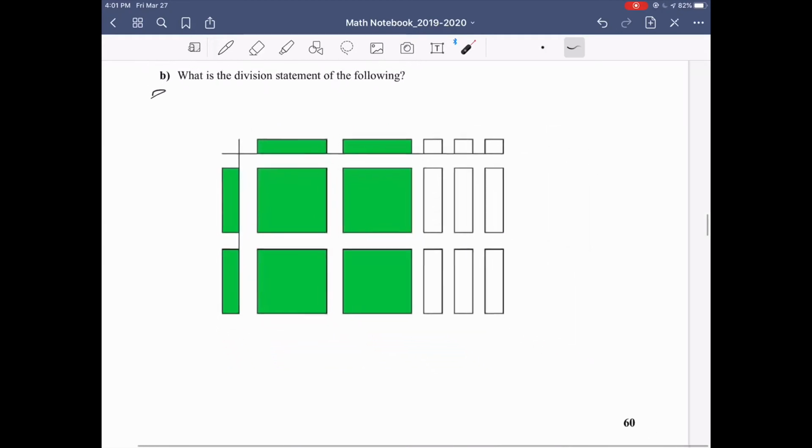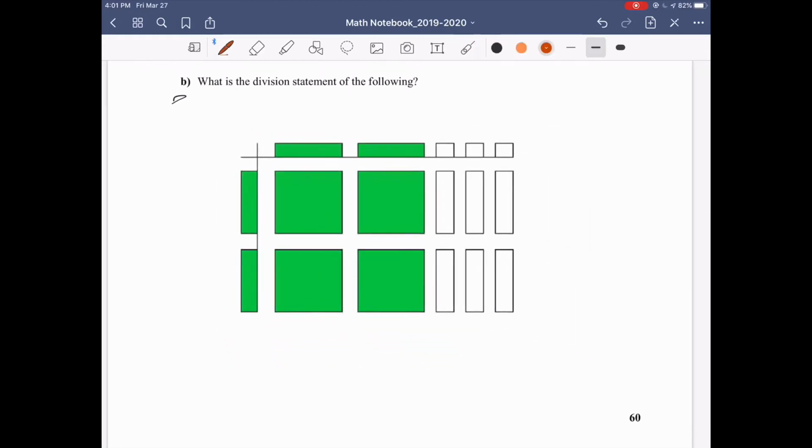For part B, it just says, what is the division statement? So there are 2 possible answers here. We know that the inside has to go on the top. So 1, 2, 3, 4 x squared tiles, and then 1, 2, 3, 4, 5, 6 negative x tiles in the middle. That is going to be divided by